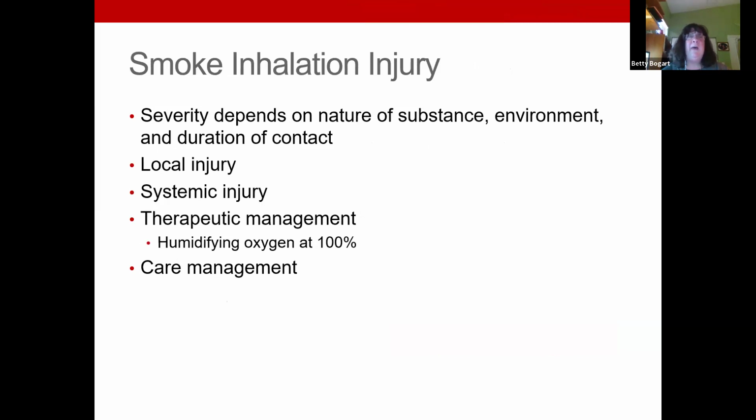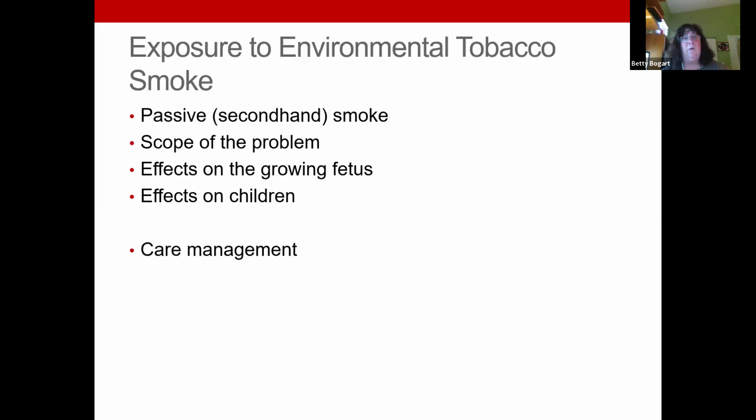Smoke inhalation happens for many different reasons. Fires, it could be the bonfires outside. I live in Homestead and it's country down here in many areas. And they have big bonfires, barbecues, things catch on fire, whatever. Getting that in can be a big deal. Again, it's giving 100% oxygen, monitoring that airway.